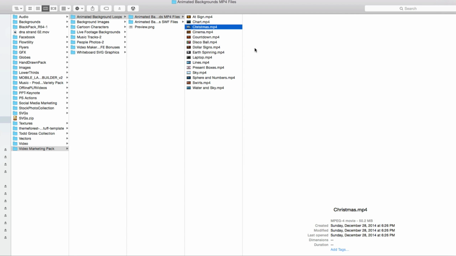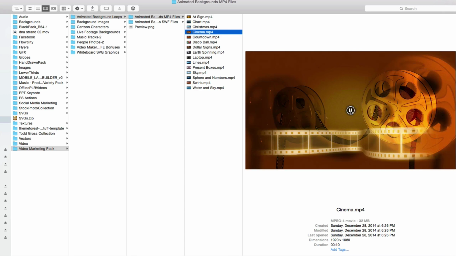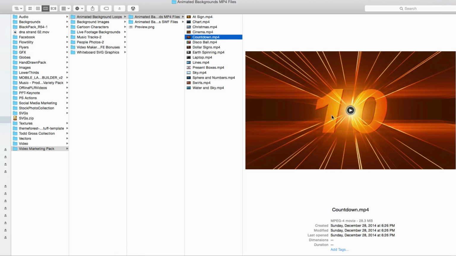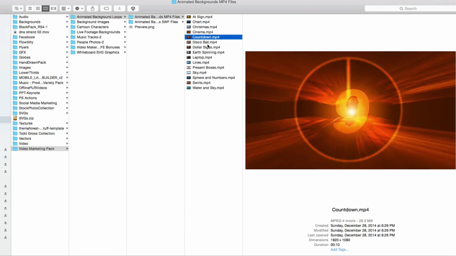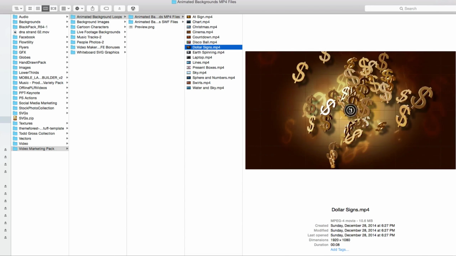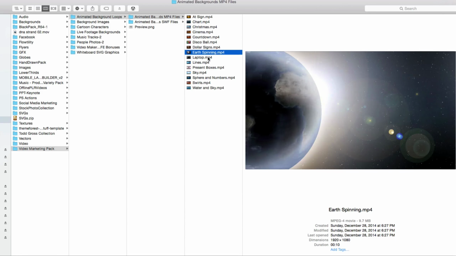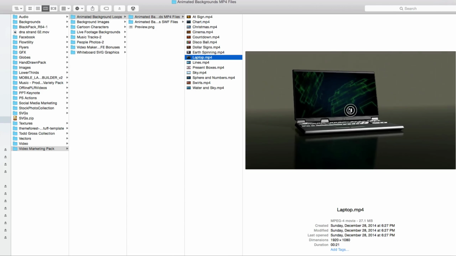I am always looking for these kinds of things, so it's really cool to get these different backgrounds in here. And some of these are actually really nice. They've done a really good job with this. They've got a countdown in here and a disco ball, and some financial ones with dollar signs and some earth backgrounds, etc. A laptop,